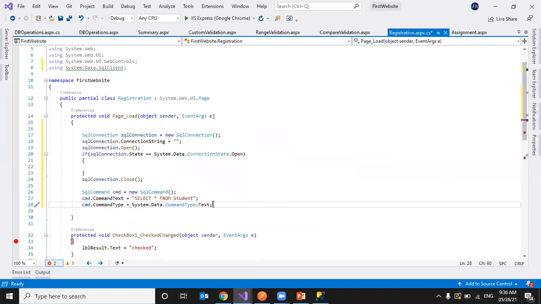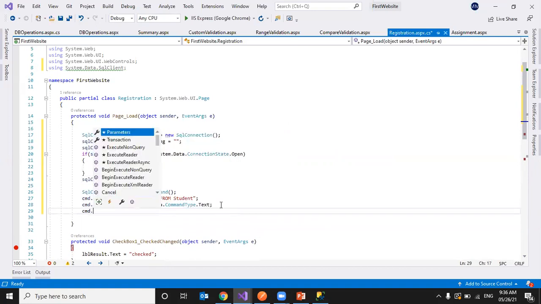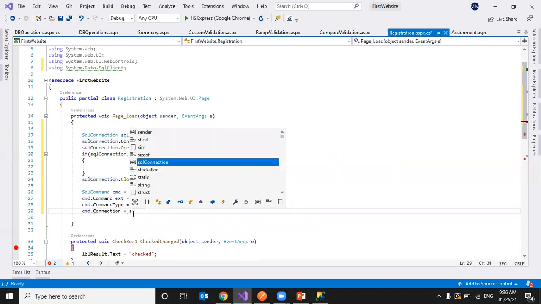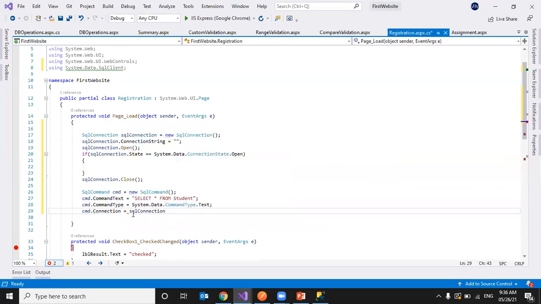If I write a stored procedure, I can give the command type as StoredProcedure. Next, the cmd SqlConnection object. We have to specify which connection to use to execute this query, so the command will be executed over the specified database connection. For that, we have to give the SqlConnection, the Connection property on the command object.